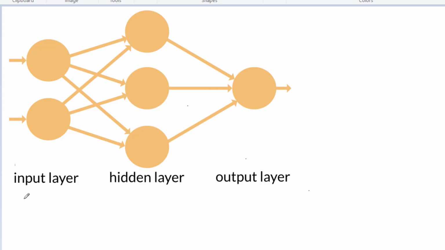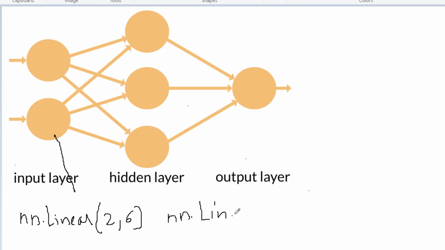So this can be specified in PyTorch as nn.Linear. 2 inputs and 6 outputs is the first layer. The next one takes 6 inputs and produces 3 outputs, and this layer can be defined as nn.Linear.